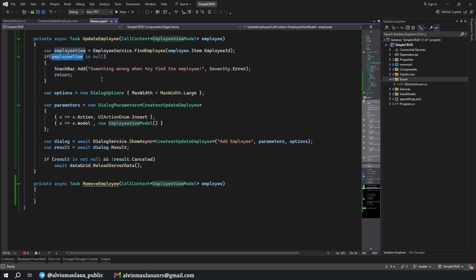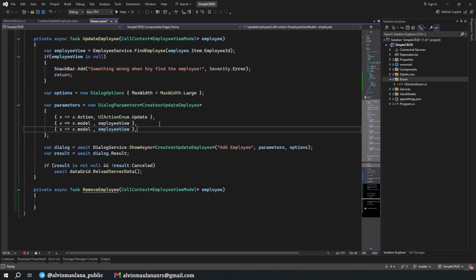And if employee is not null, okay, we can pass it into here, employee view, and this one should be update. And also the date, where is it? Date, okay, it comes from employee view dot date of birth, because it's not on model binding, so we need to bind manually.